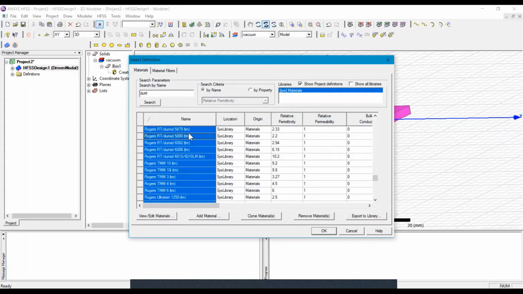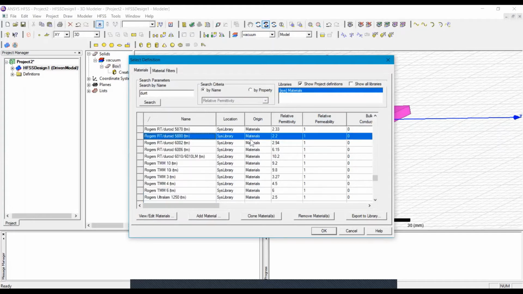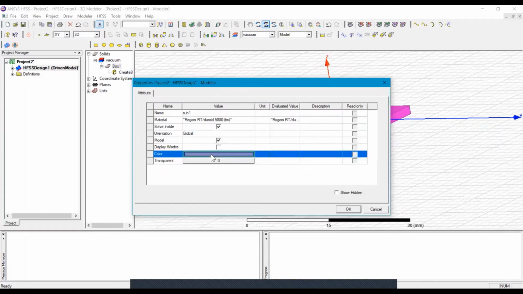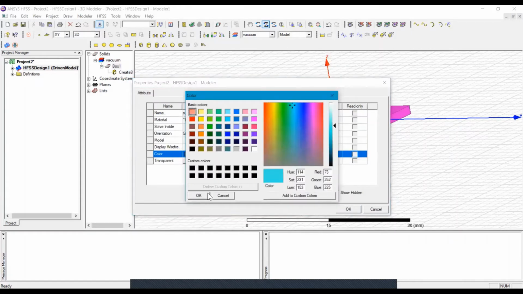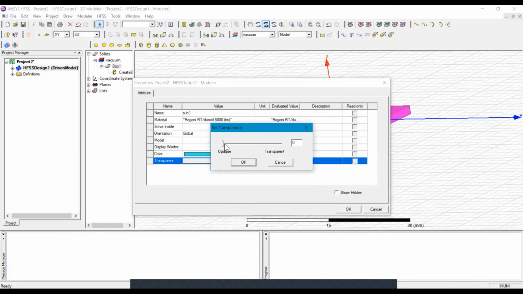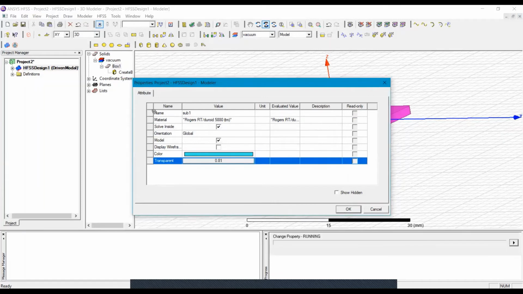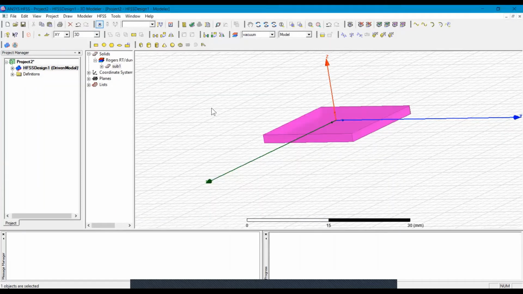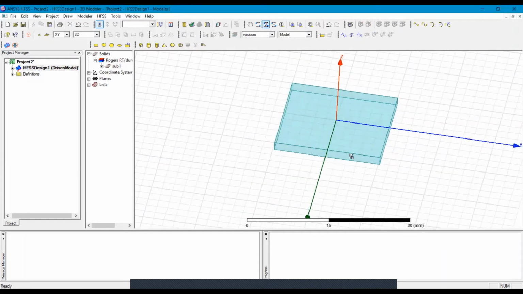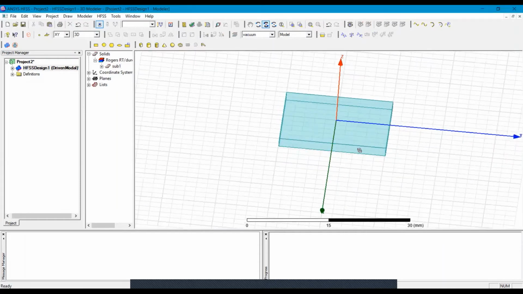We require RT duroid having a dielectric constant 2.2. Okay. And I am changing the color and transparency. Now this is my half substrate.